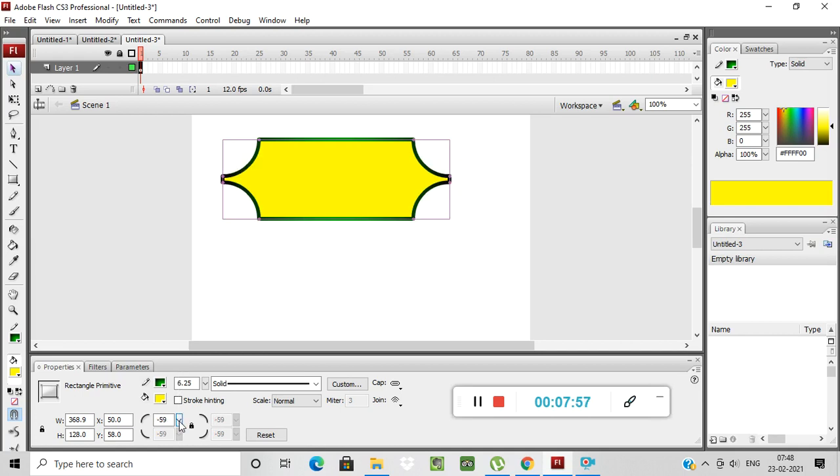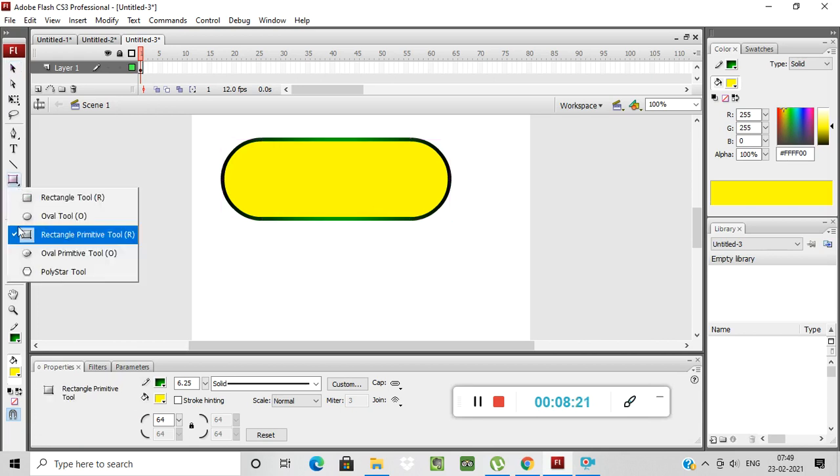See, otherwise you can change the radius directly from your shape also. Okay, likewise. Understood? Corner you can change. Likewise you can change the shape of your rectangle with the help of the rectangle primitive.